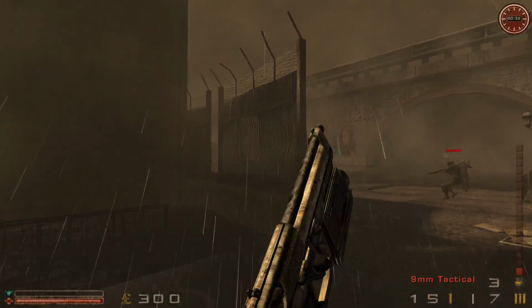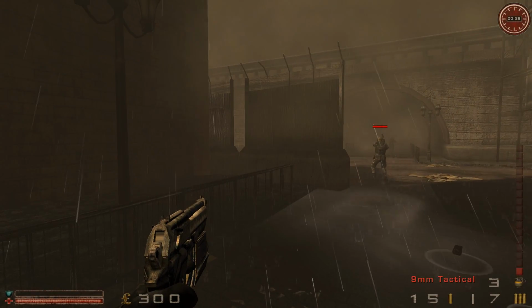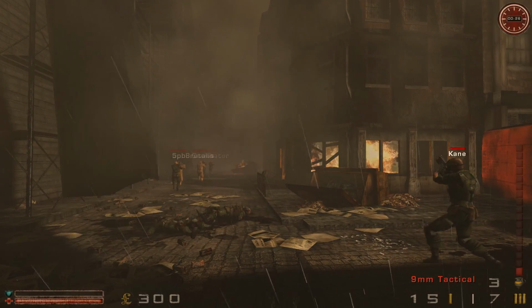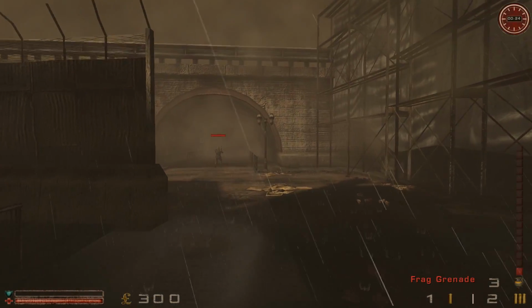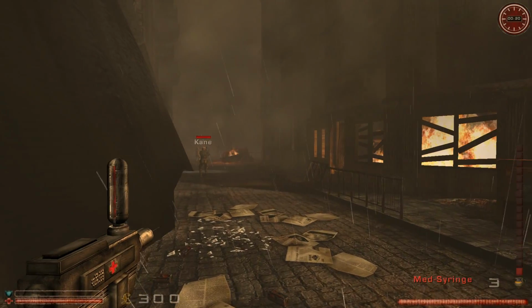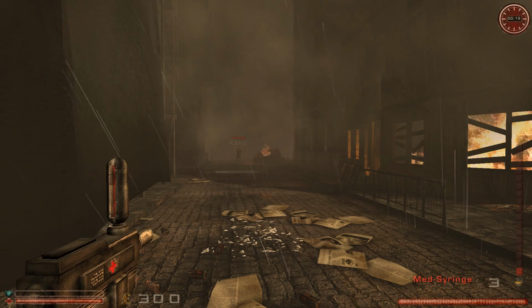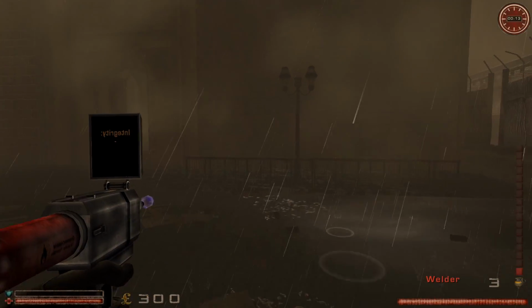1 is knife, 2 is 9mm and bullpup, 3 is shotguns and hand cannon, 4 is like heavier stuff than that, 5 is like just to switch to your grenades, which is weird. 6 is medical syringe, which you use right click to actually use. And let's see. I think if you press 6 again, it pulls out your welder, which I don't know if it needs to be